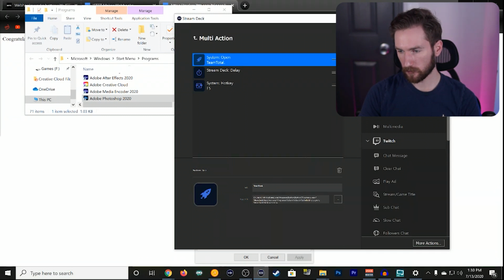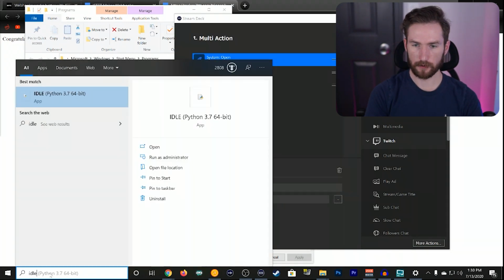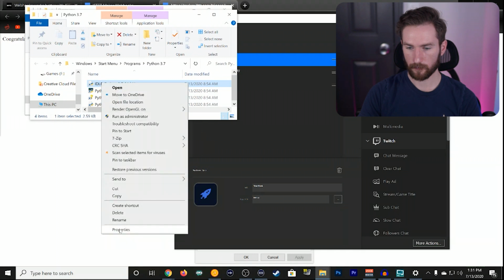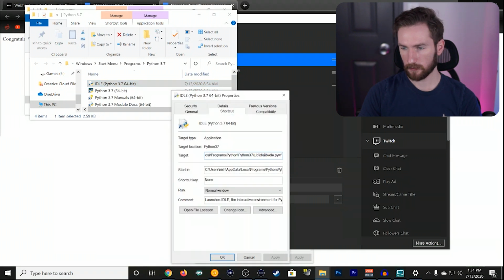So what you want to do is basically figure out where that program is that you want to open it with. So I would type IDLE, open file location, and then when I right click on this and click properties, it gives you this. Now, what you might think is, oh, I just need this part, but there's more to it. So it actually opens IDLE with another program. So if you copy this,